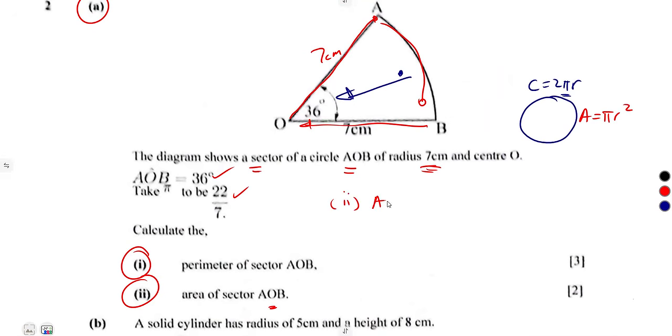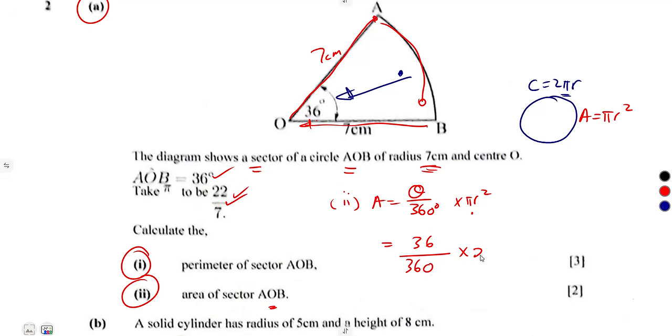So its area is going to be taken from the angle theta over 360 degrees times the area of a circle, from where we are taking the area, pi r squared. So that's it. Theta, the angle, 36 over 360 degrees. All right, you can indicate those degrees, or just write 360 here,